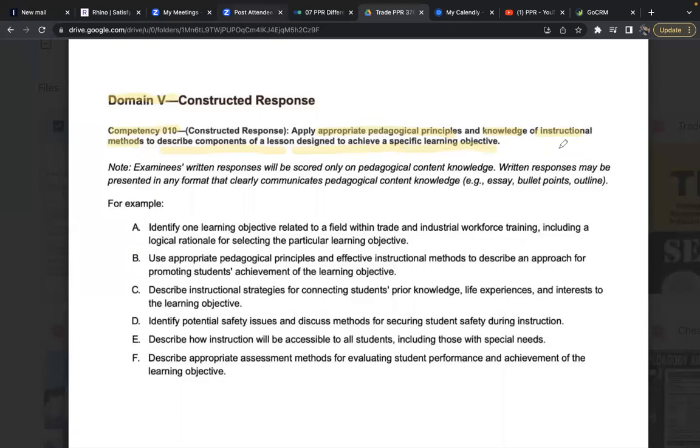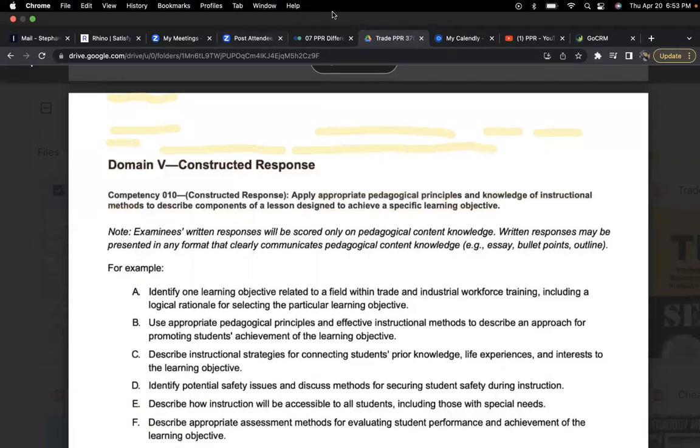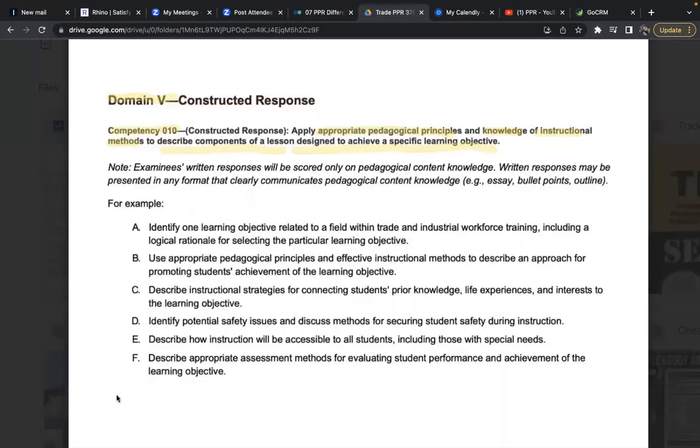Now, you get to choose the learning objective. I think they give you a TEKS, and the way that it works for trade is you have the trade PPR exam. That's the only thing that is necessary for criminal justice,